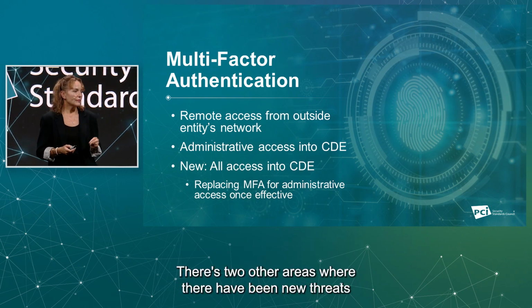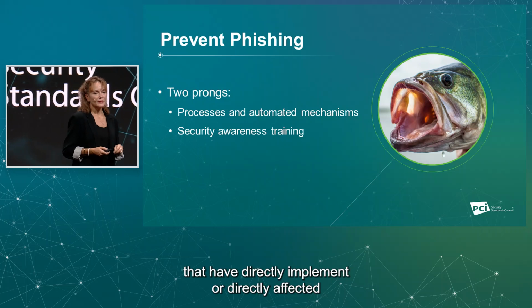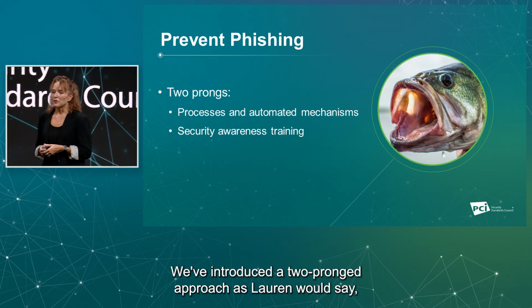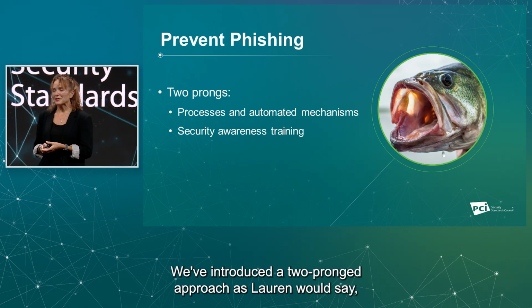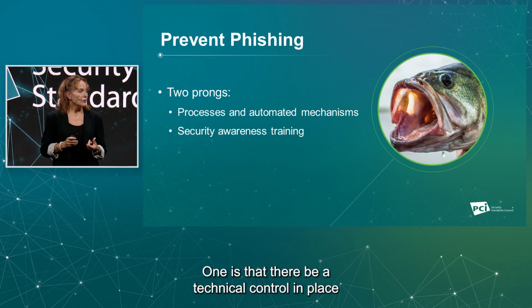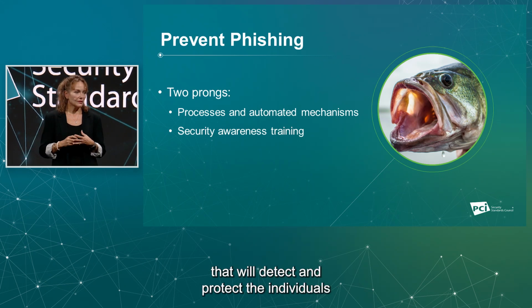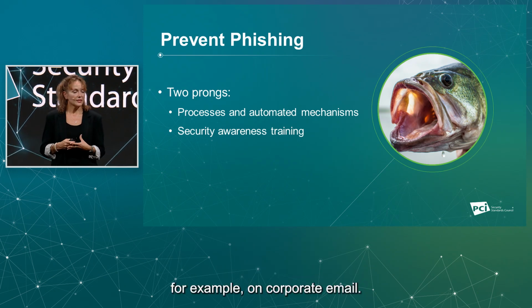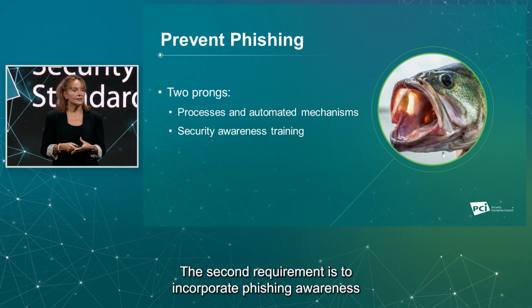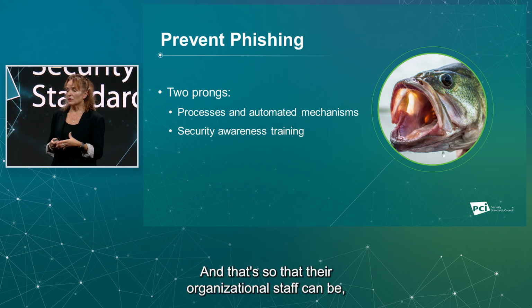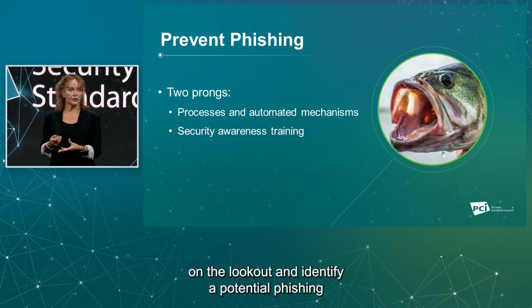There's 2 other areas where there have been new threats that have directly affected requirements that have been implemented in the standard. One of those is phishing. We've introduced a two-pronged approach, as Lauren would say, to protecting organizations and their people against phishing attacks. One is that there be a technical control in place that will detect and protect the individuals from the phishing attacks that come through, for example, on corporate email. The second requirement is to incorporate phishing awareness into the company's security awareness training. And that's so that their organizational staff can be on the lookout and identify a potential phishing or social awareness